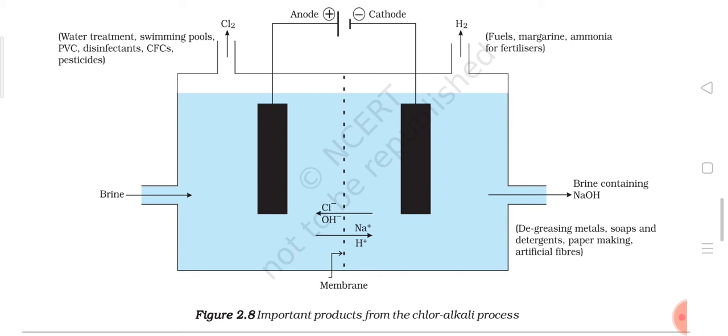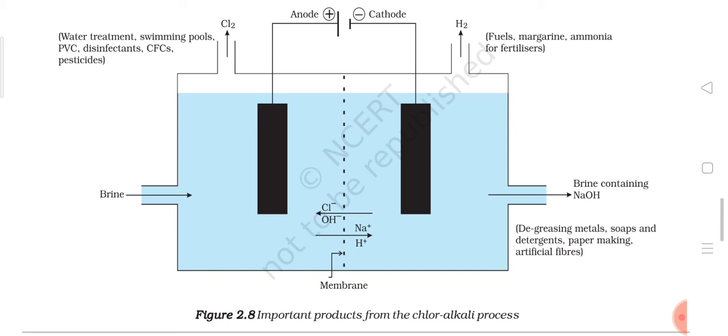Now let us discuss the positive ions. We have two positive ions, the sodium ion and the hydrogen ion. These two positive ions are moving towards the cathode. Among the sodium ion and the hydrogen ion, only one will be able to be released at the cathode. From these two, the hydrogen ion is going to surround the cathode, and it is going to convert first into a neutral hydrogen atom and then into a hydrogen molecule.